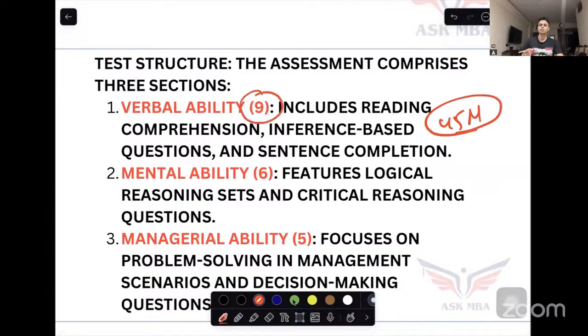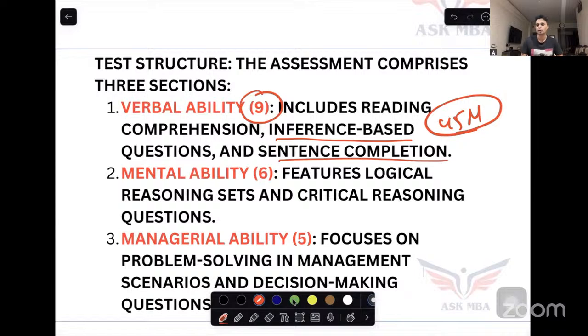Now, when we speak of verbal ability, online, when I was trying to figure out what kind of questions you guys are anticipating in verbal ability, people are giving information of statement and assumption, statement and conclusion, critical reasoning. Yes, they could be. But as per me, you need to focus on a little bit of comprehension. Comprehension means what? Reading comprehension, inference-based question, and sentence completion, where you might need to focus on a little bit of grammar, and also vocabulary. So reading comprehension and inference-based question, where a summary-based question or inference-based question could be asked.